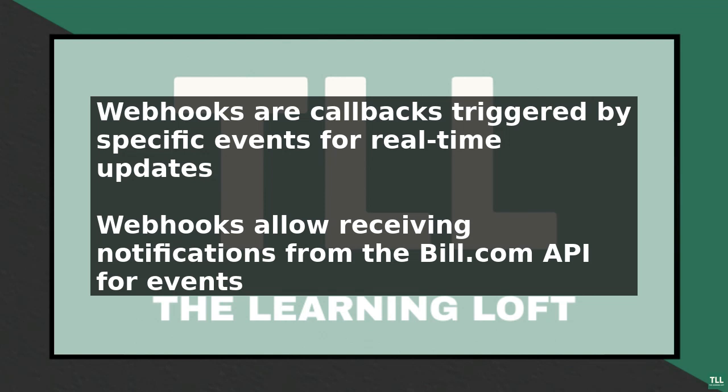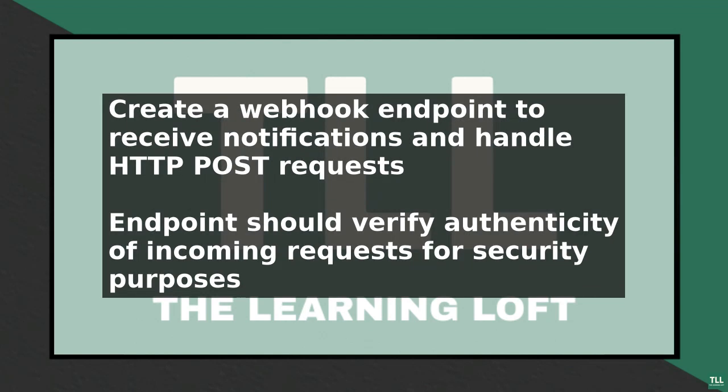This endpoint should be able to handle HTTP POST requests and verify the authenticity of incoming requests. Next, you need to register your webhook endpoint with the Bill.com API. This involves providing the endpoint URL and specifying the types of events you want to receive notifications for, such as